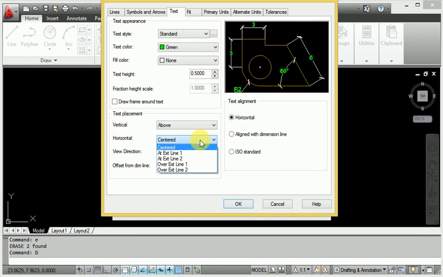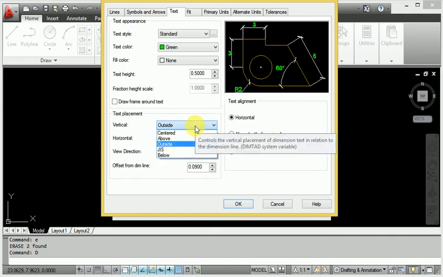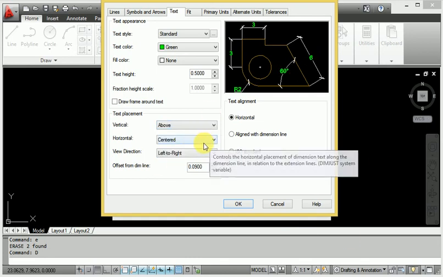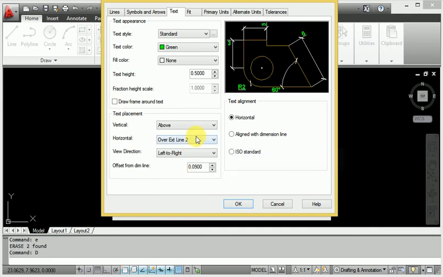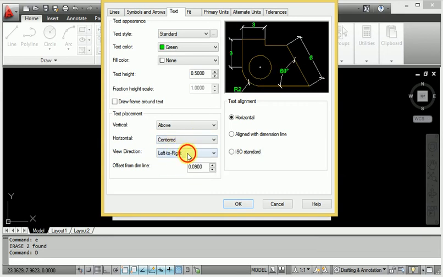And also I want center. If I don't give the center, look at this, this type of center position. Outside is everything, so it is important for us. Then I have provided this type of dimension, over type of dimension, and center type of dimension.